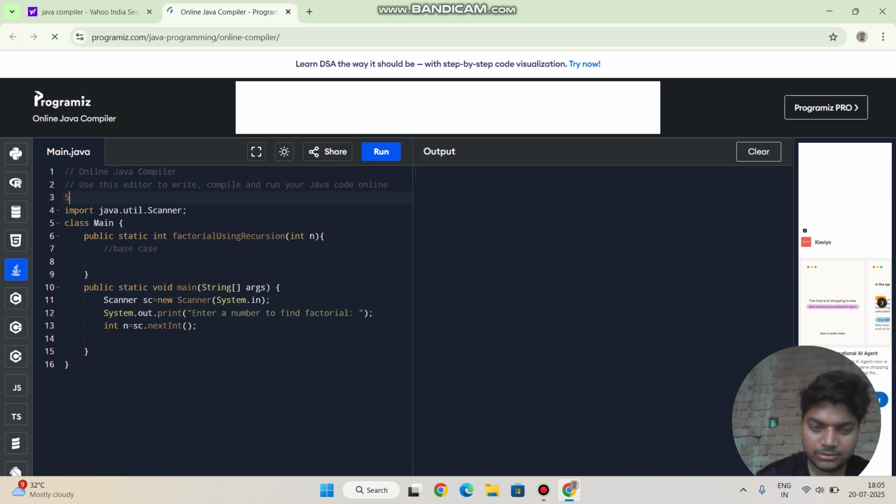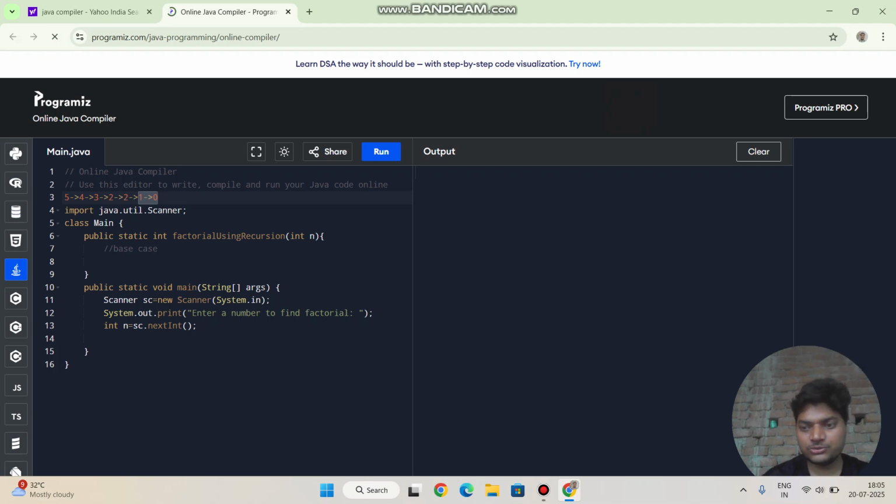So 5 will ask 4, and 4 will ask 3, and 3 will ask 2, and 2 will ask 1, and 1 will ask 0. And we know the factorial of 1 and 0 is 1.